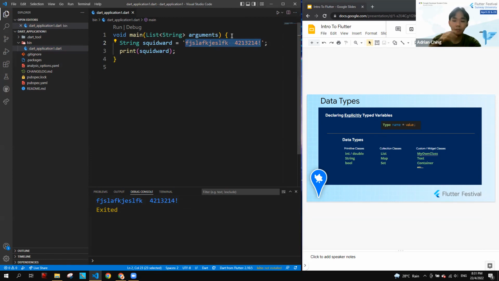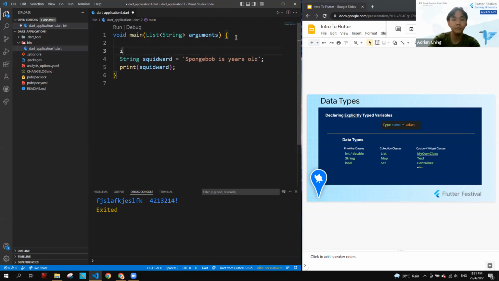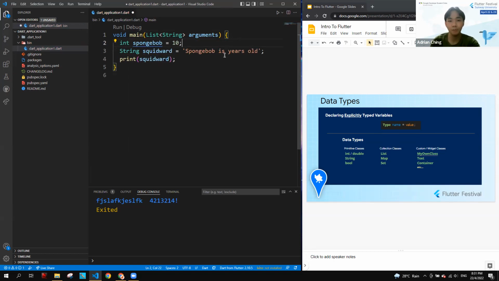So strings have this special functionality which can incorporate other values into the string. Let's type an actual sentence. Okay, now we're going to create another variable, something like this. Now we want to insert this value into the string.